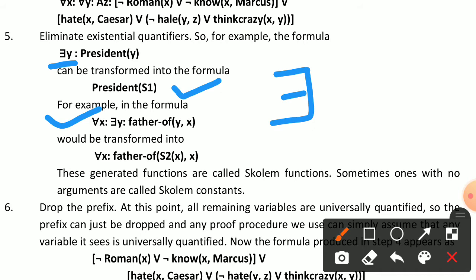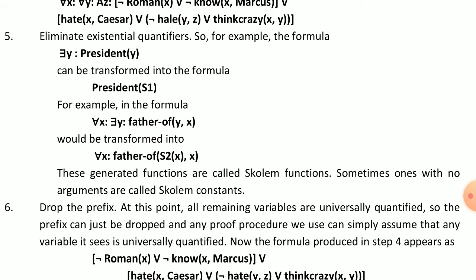So here we can write that for every x there exists y, such that y is the father of x. So we can write the formula like this, and then it would be transformed into: for all x, father of h2(x) comma x, like this. Okay,